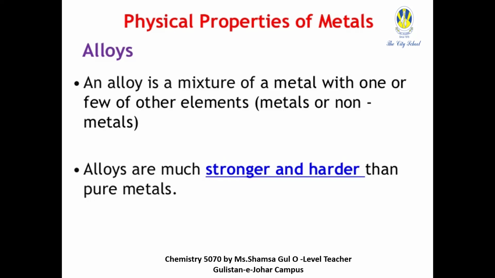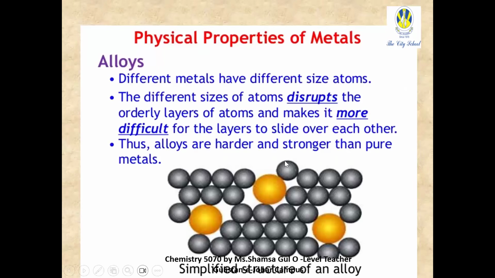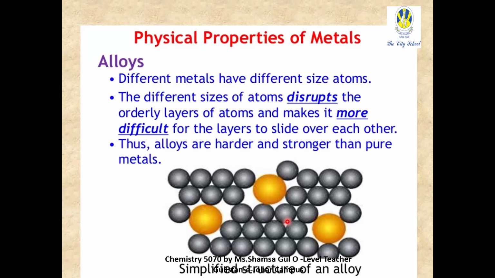Okay, let's discuss. Look, an alloy is a mixture of a metal with another element, so then what happens? There will be different sizes of elements in the metal structure. Different sizes of atoms prevent the layers from sliding over each other easily. Now we say metals are malleable and ductile because layers can slide over each other easily. As an alloy is a mixture of a metal with other elements, there will be different sizes. So this will prevent the layers from sliding over each other easily. Right, girls? Are you getting it?